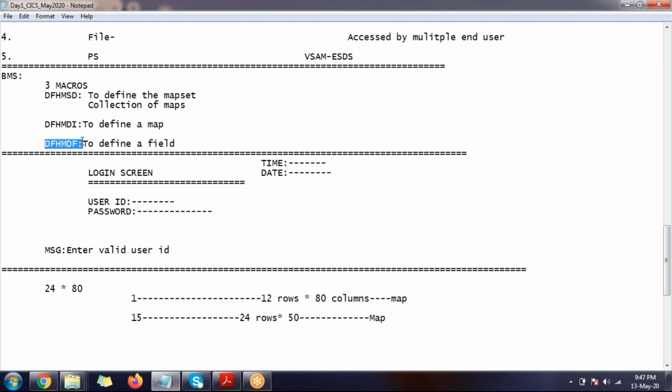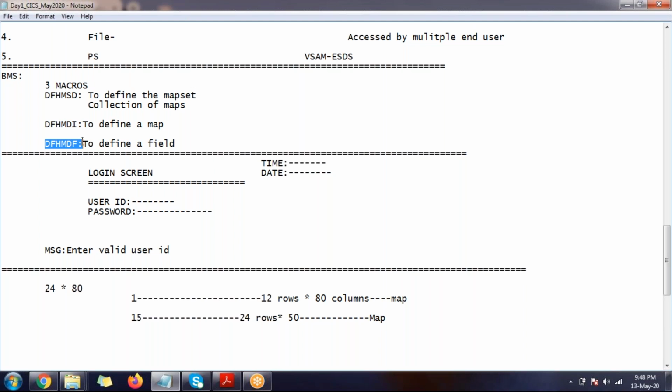So if we need to run the CICS screen, it is possible without running JCL, right? Right, we don't need to run it through JCL. We have to run everything in the CICS region.